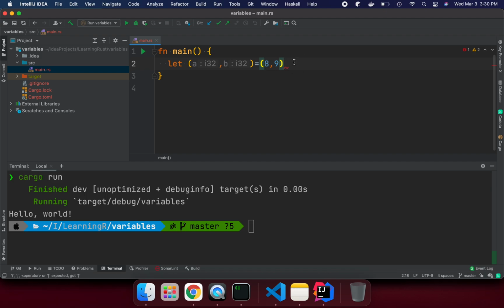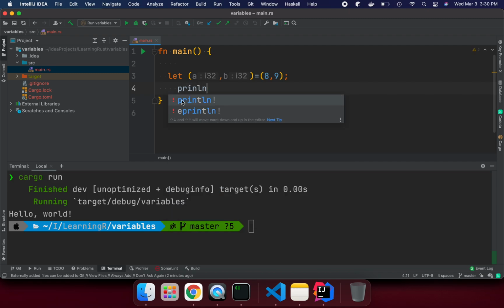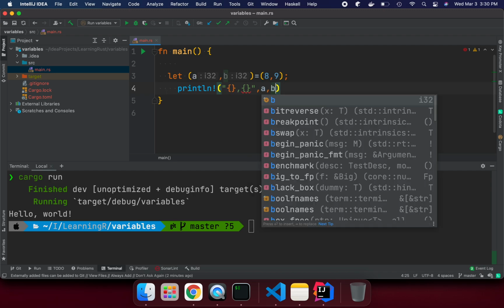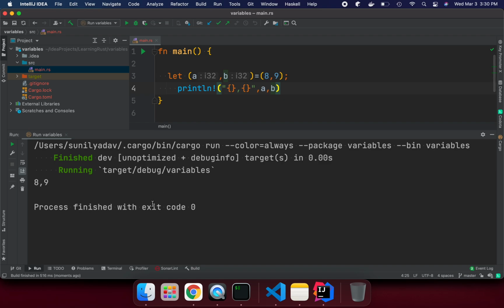We need to put a semicolon. Now we can see it's working kind of like a tuple. If we want to print, we can use the println macro, with a comma b, and if we run it, it's going to print 8 comma 9.